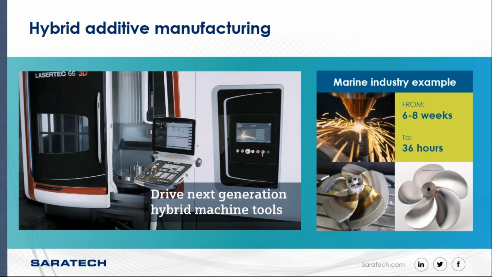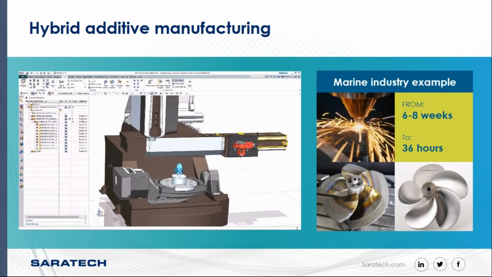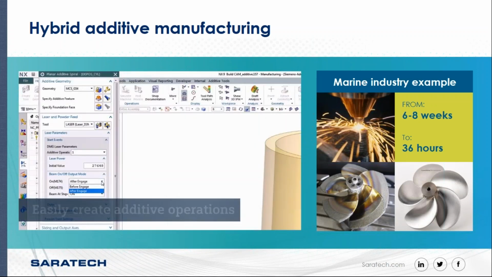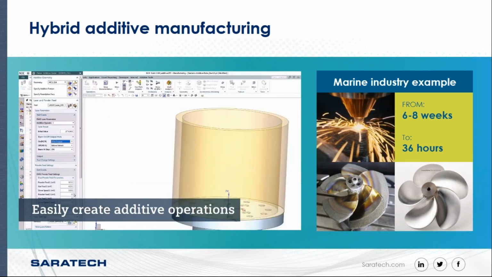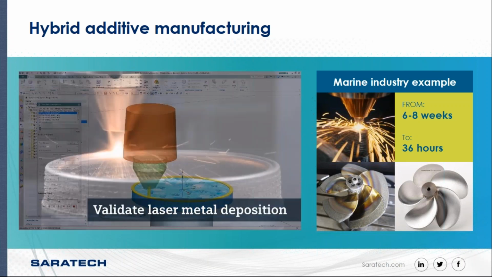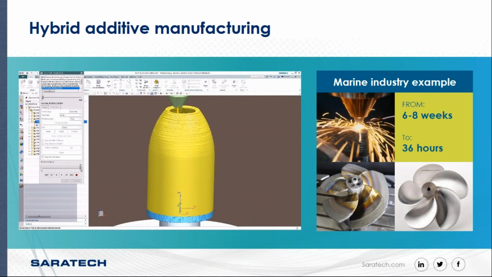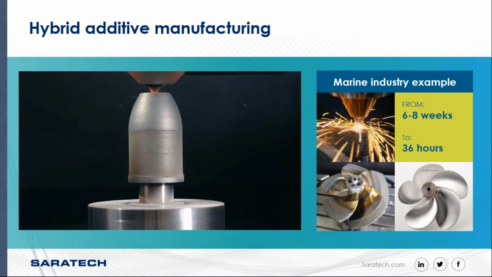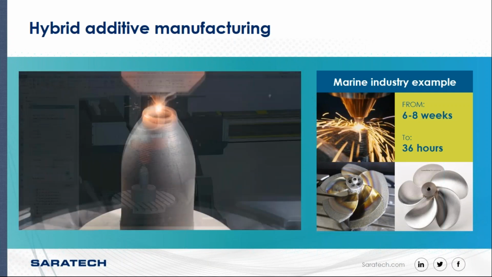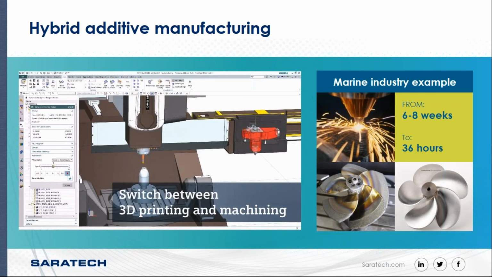This is the LaserTech 65 machine, and it's going to show you the hybrid process. You have different operations inside of NX that create additive or subtractive operations. This is an additive operation. It's building the part up from a build plate, and it's blowing out powdered metal through a laser that's sintering it on contact. We've just been able to get a lot of aircraft parts certified to be